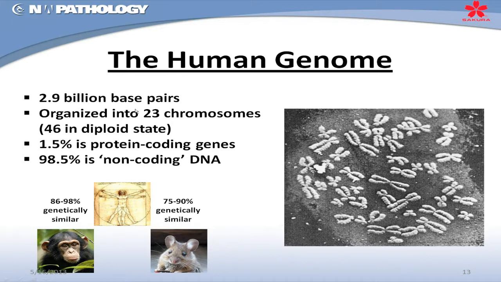The human genome, just a very brief review of it, is composed of something close to 3 billion base pairs, or 3 billion nucleotides, which are organized into 23 chromosomes. Of those 3 billion base pairs, only about 1.5% actually are genes that encode proteins. And if you look at the genes in a human compared to our closest relative, the chimpanzee, or a more distant relative, the mouse, that 1.5%, about 25 to 30,000 genes, is actually very, very similar